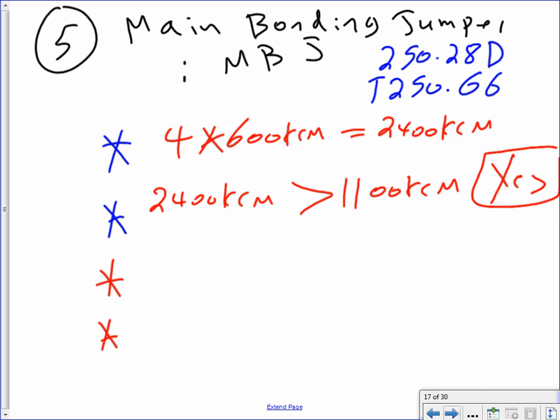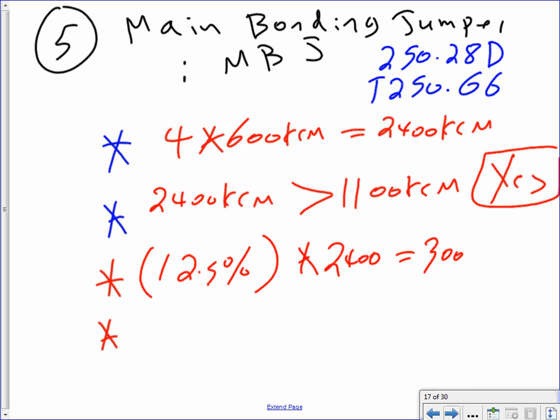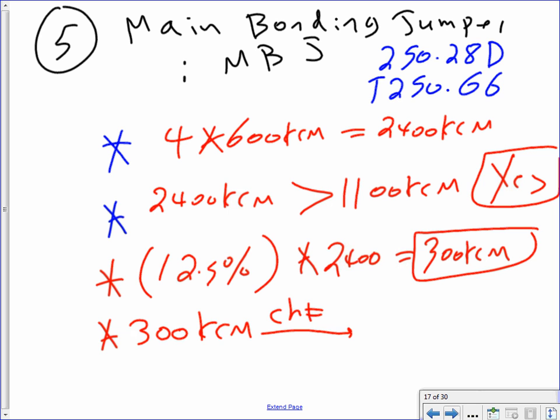If that calculation is more than 1100 kcmil, then you have to do the following. Take 12.5% multiplied by 2400, and that will get you a healthy 300 kcmil. You take the 300 kcmil to chapter 9, table 8, and that will get you one conductor, 300 kcmil,